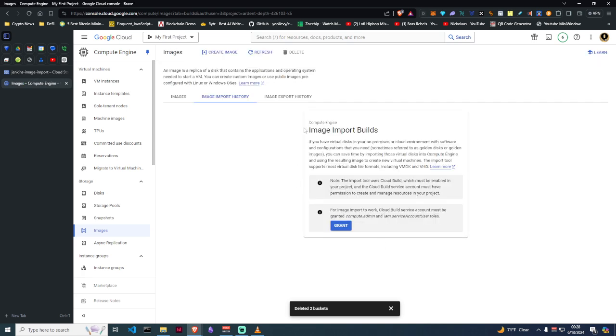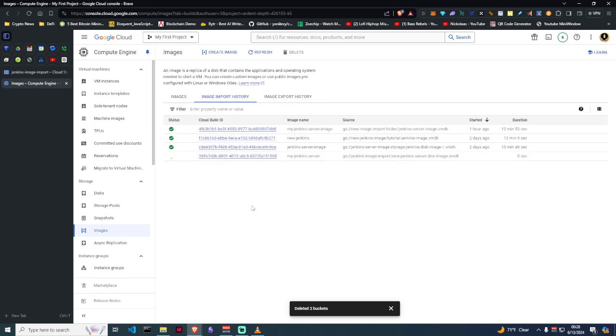Now, if you get this part here, just hit grant and it's going to start showing the import process. As you can see here, there were 3 other import processes I did previously, but this right here is the one that I'm currently doing right now. So it's literally converting the VMDK to the images that are used over here that you can use to spin up VMs. So this process may take a minute to go through, so just be patient